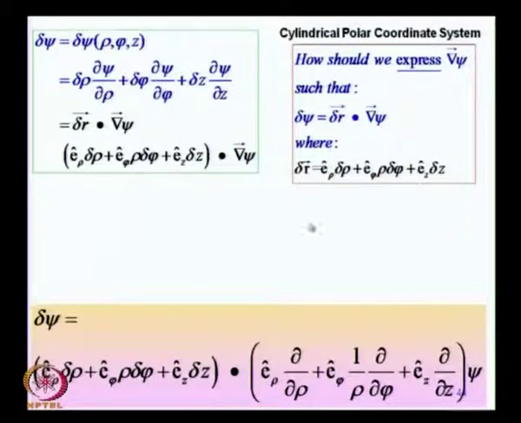There is therefore no reason to memorize that the expression for gradient in the cylindrical polar coordinates must involve this 1 over rho factor. Without that you cannot get this term here. The criterion is this, that delta psi equal to delta r dot gradient psi must be independent of a coordinate system, but delta r must have different expressions, therefore the expression for grad psi will also be different. So we can just discover what it ought to be from this simple consideration,